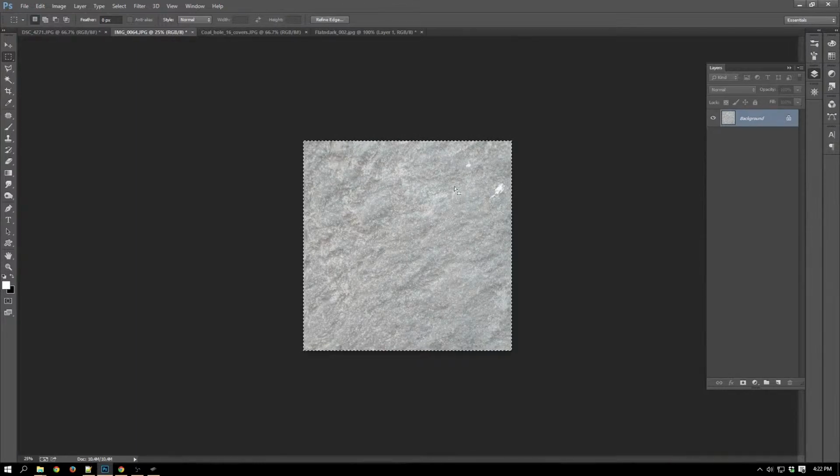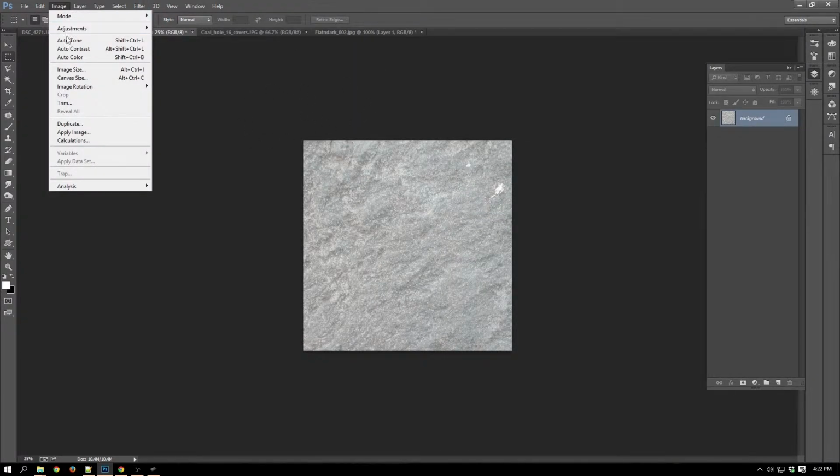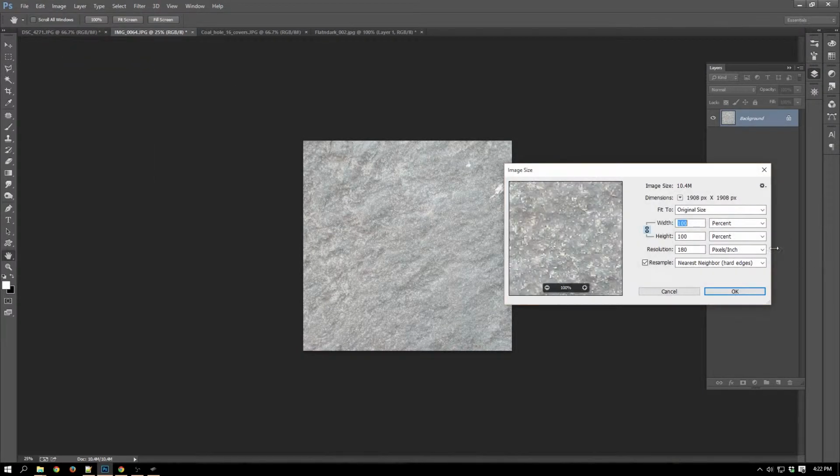And this isn't bad. This is, in fact, I would say pretty darn good. I'm going to go ahead and hit Control-D to deselect. Right, and I am a big fan of shortcuts, so I hope you are too. And what I'm going to do is find out exactly how big this image is. This image is under Image Size, under pixels,